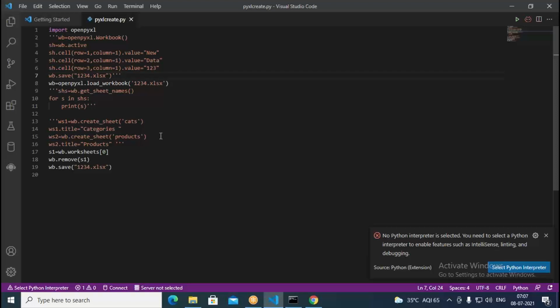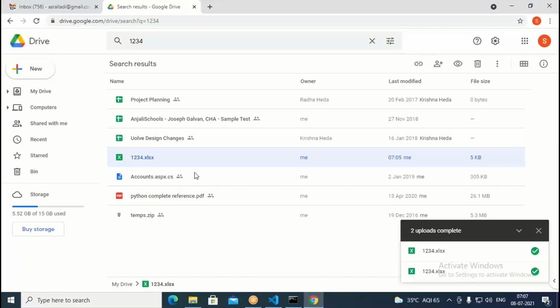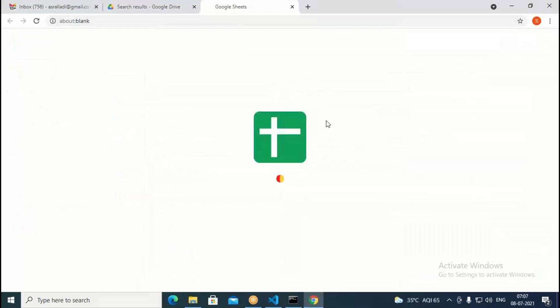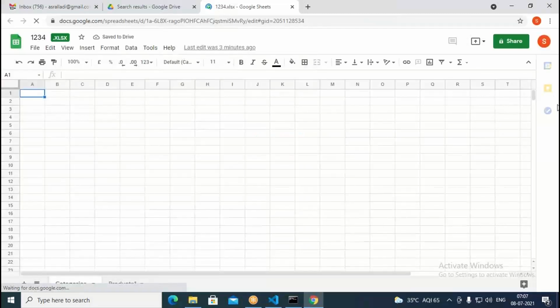Next thing is here. What we do is try to add some data straight away into the file. Suppose we have data; we read data from the worksheet first of all. Then we try to print all the data. Let us try to read data from the given workbook. But right now we don't have any data in the given sheet. If you open it with Google Sheets, we cannot find any data here.